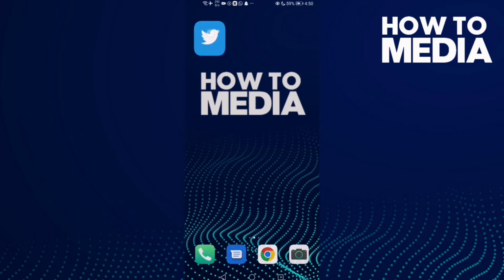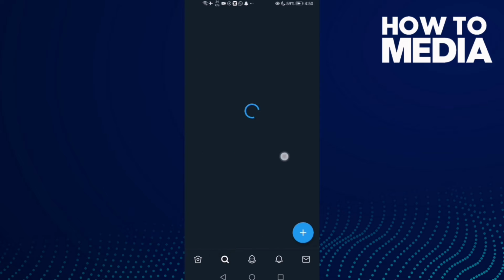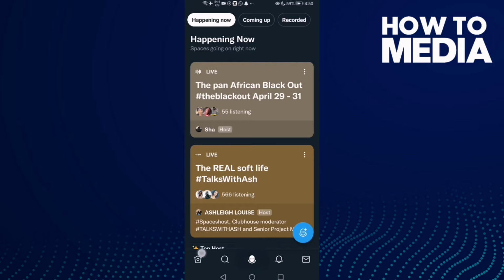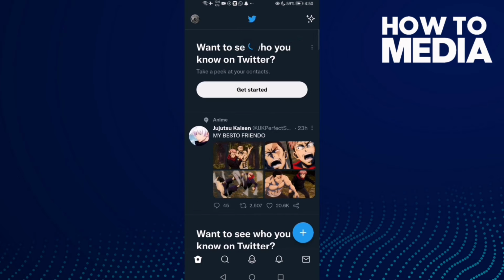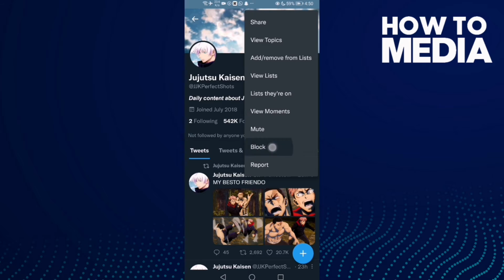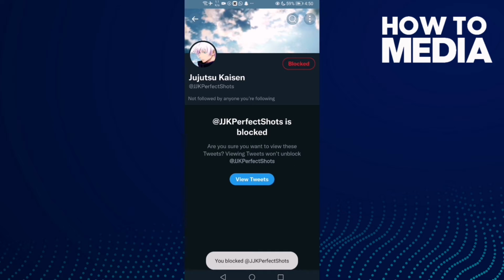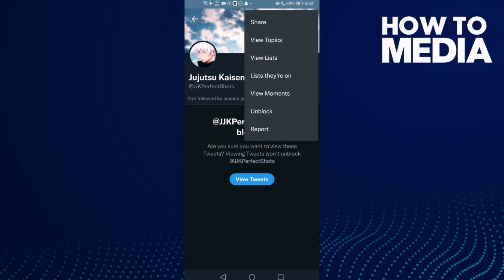First let's go to Twitter and then let's find someone to block, like this one. Click here and then click block, and if you want to unblock him just click here and then click this one, unblock,